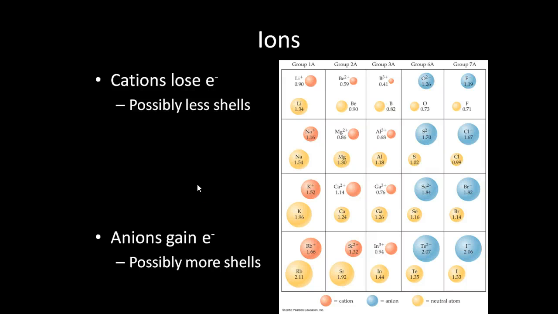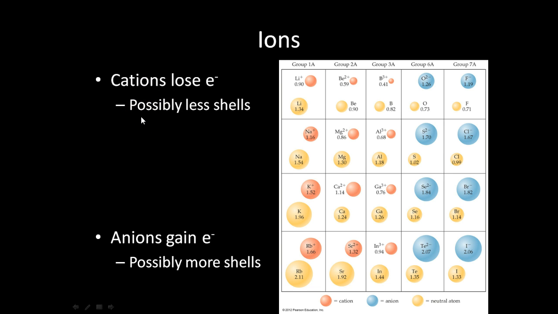So far we've been talking about atoms themselves and have been kind of forgetting about this whole category of species called ions. But consider the size of the ions when they're gaining or losing electrons and becoming ions. Well, cations, when they lose electrons, they tend to want to go to the noble gas core that is